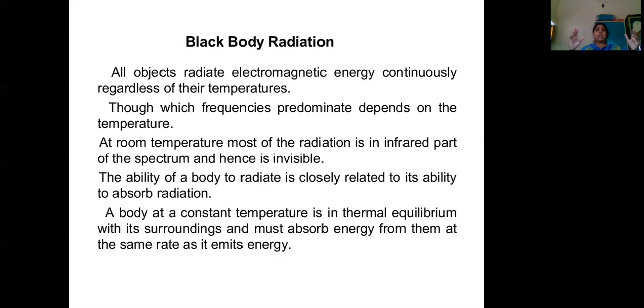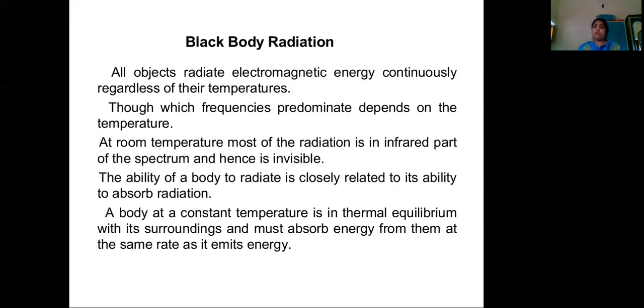Now, suppose you take an iron rod and you are raising its temperature. First you will see a gray or black iron rod, then you start increasing the temperature. What will happen after a certain point? It will be red hot. Red hot means it will emit radiation in the red light frequency region. Further you heat it up, it will start emitting radiation of all frequencies. As a result, you will get white light radiation.